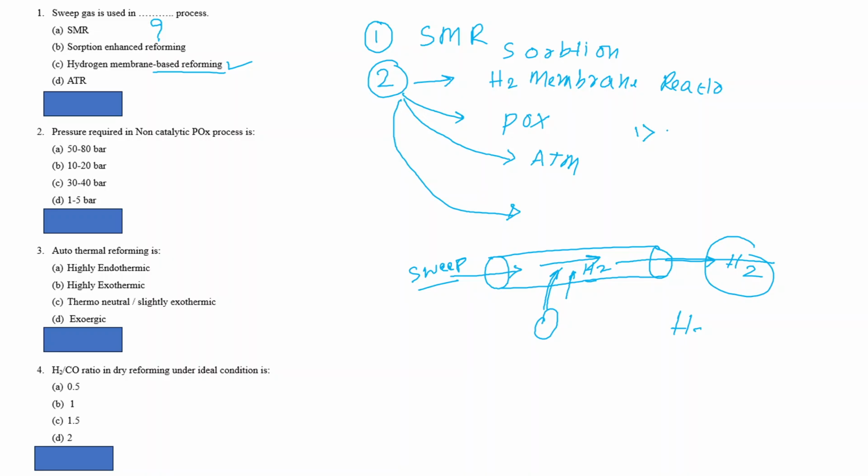Do you know why nitrogen can be used? Why will inert nitrogen be used? Because it is inert. If our end application is to produce ammonia, NH3, then we can use nitrogen as a sweep gas. Second,